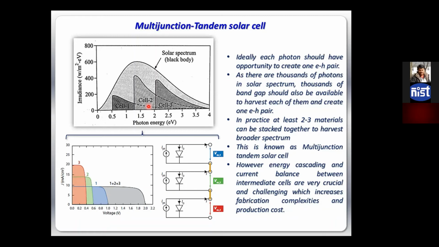But at least what we can do is use more than one material. Suppose I am using 3 materials, and we are choosing the materials' band gaps in such a way that, on average, material 1 can absorb from this to this, material 2 can absorb from this to that, and material 3 can absorb from this to this again. So overall, now the combination of these 3 materials can absorb a much larger amount of photons compared to the single cell only. On average, now I can absorb from this to this, right? So that will broaden the photon absorption capability.